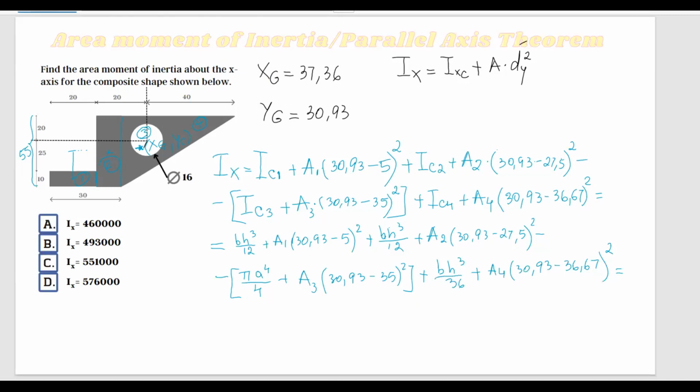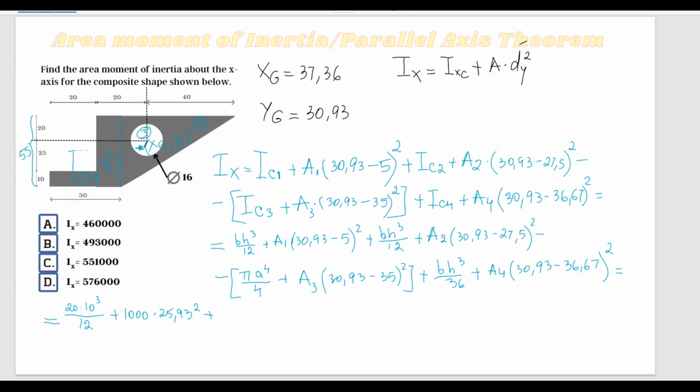Let's see if I have enough space to continue this. So BH cubed over 12. B for this rectangle is 20. So I have 20 multiplied by H, which is 10, cubed over 12 plus area, which is going to be 10 times 20. So I have 1,000 multiplied by this distance here, 30.93 minus 5, which is 25.93 squared plus